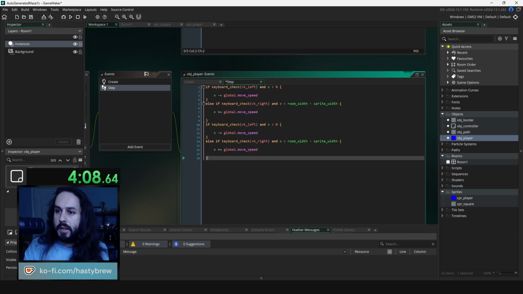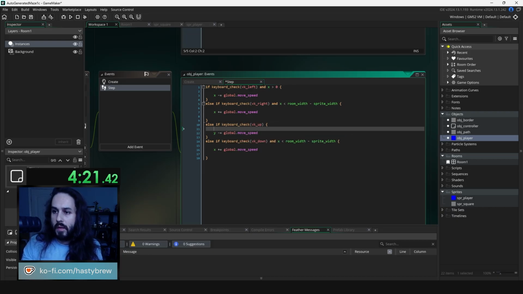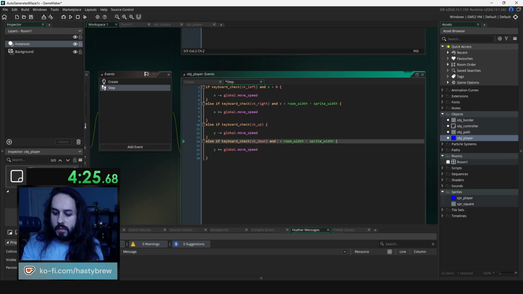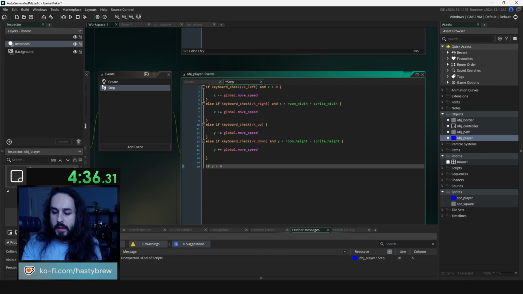Just copy and paste this. Change everything from X to Y. Except this here, we need to get rid of that completely. Y minus equals, Y plus equals, Y is less than room height minus sprite height. Doesn't matter, they're square, but might as well. If Y less than 0,